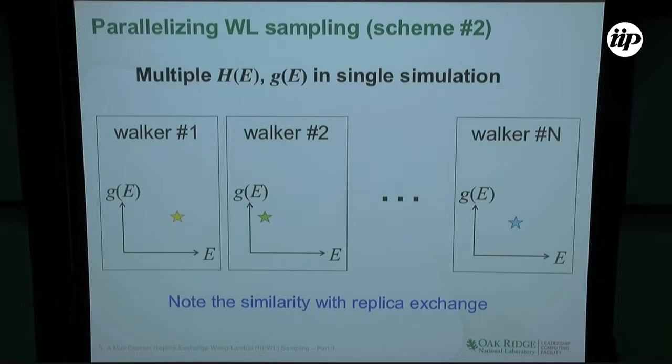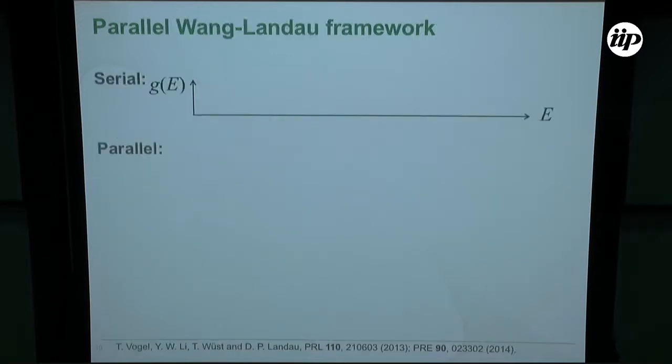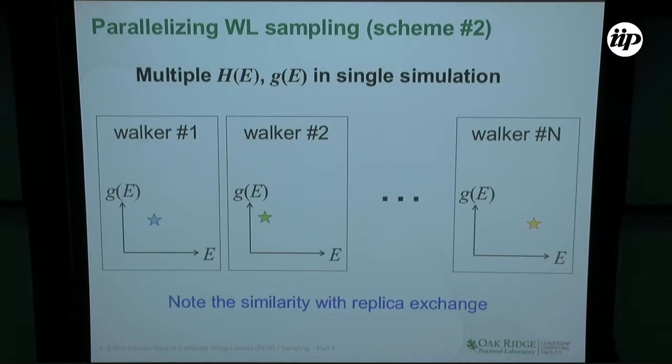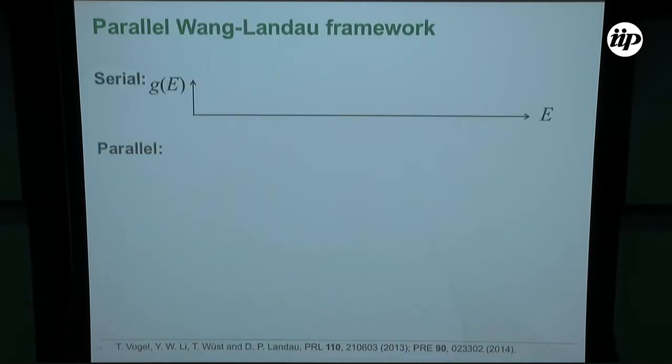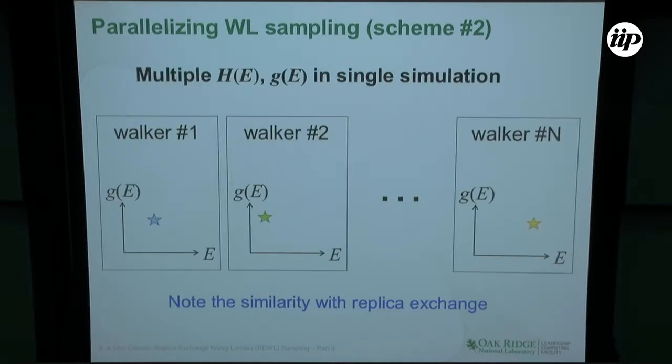All right, so now we know that the first scheme is not working very well. So we need another scheme. Another scheme is, what if we have multiple walkers, and each walker has its own density of states and histogram? Here we don't have the same problem because each walker has its own histogram, so it is not really affected by other walkers. It just updates its own histogram,